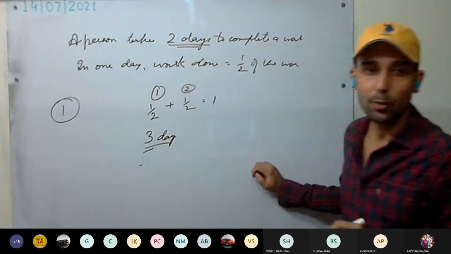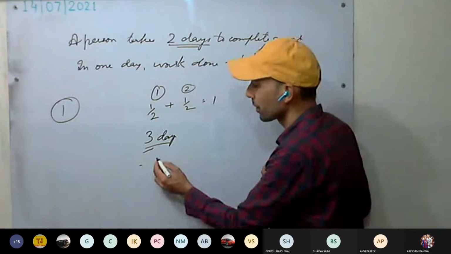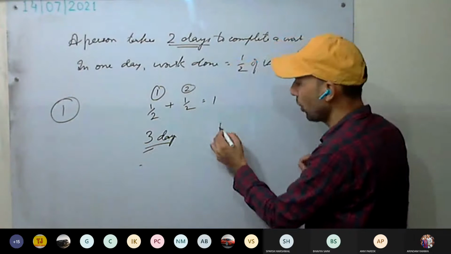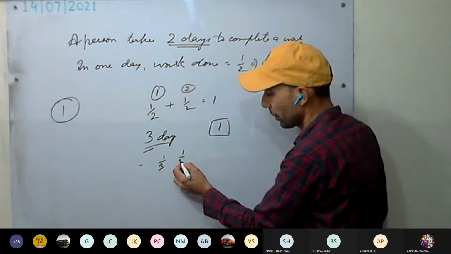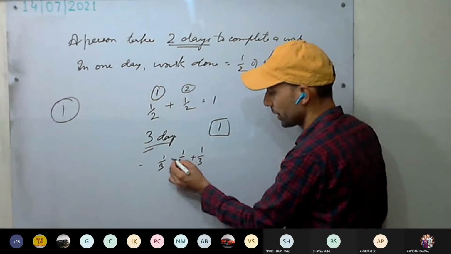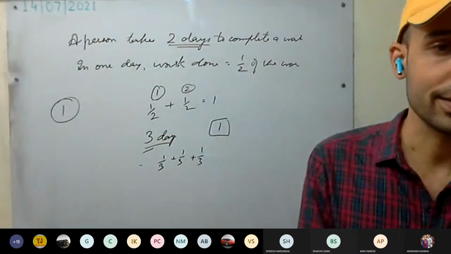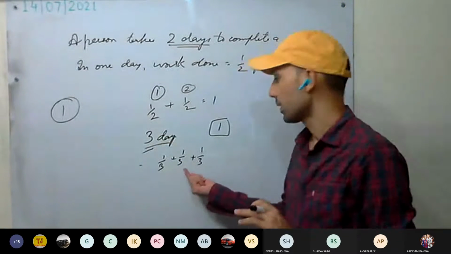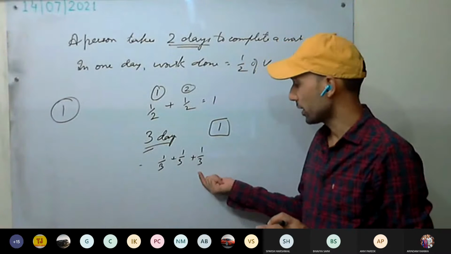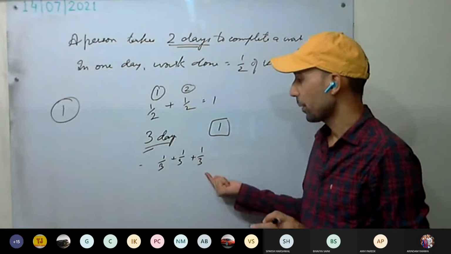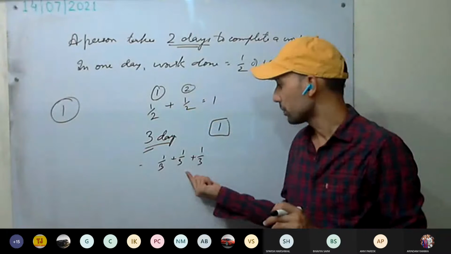Okay. Person takes 3 days to complete the work. Each day she is doing how much of the work? 1 by 3. So see here the whole work we are taking as 1. Now first day 1 by 3 will be completed. Second day 1 by 3, third day 1 by 3. Here we have assumed that each day amount of work done is same. It is always an assumption that each day the same amount of work is being done. So total 3 by 3, that is 1. So we assume the whole work as 1.